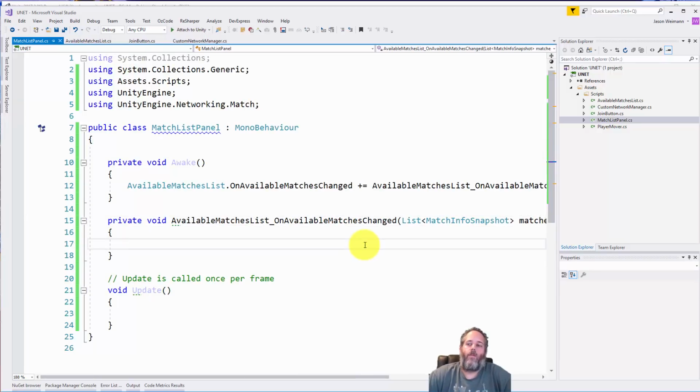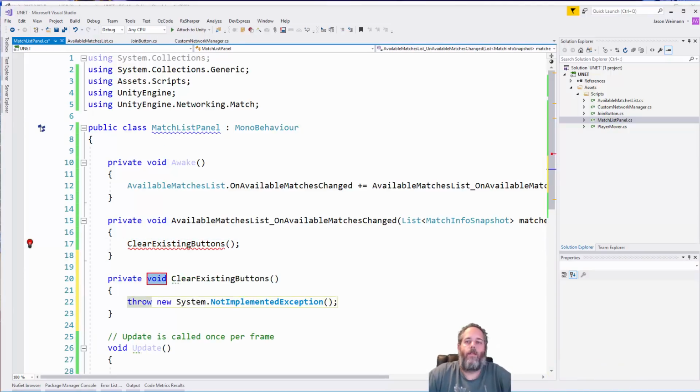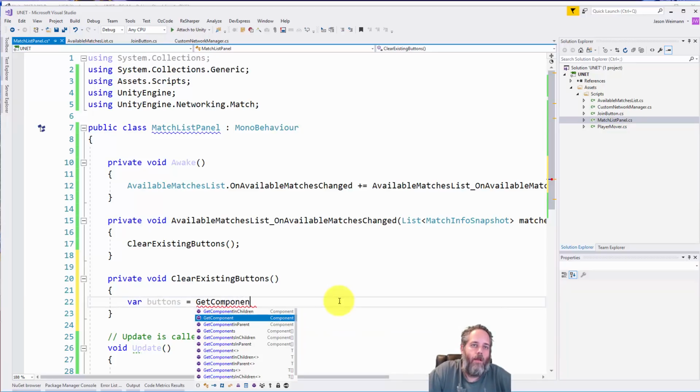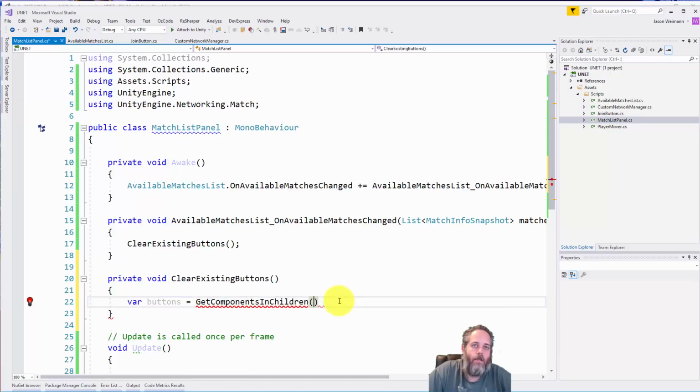Now, when we get the list, what we want to do is go through all of our buttons and update them, or initialize them. But we also need to clear out any existing buttons. So the first thing I'm going to do is clear existing buttons. And create that method. Now to clear these out, all we need to do is get a list of them. So just do var buttons equals get components in children. We need to make sure we get the plural one. Components in children, there we go,